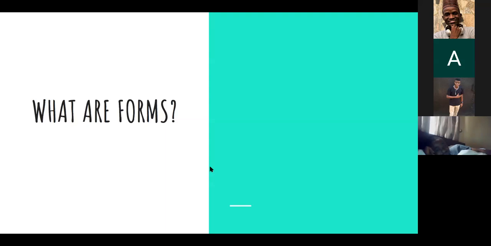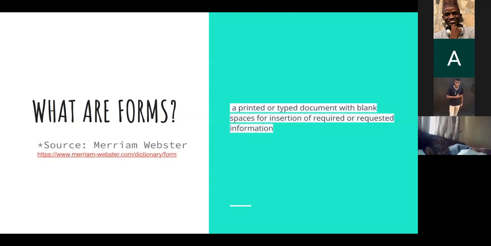Okay, so I went to Merriam-Webster. I believe we know Merriam-Webster. It's one of the formats of dictionaries we have. So according to Merriam-Webster, a form is actually a printed or typed document with blank spaces for insertion of required or requested information. I think that's a very simple definition, but what we are going to be dealing with is